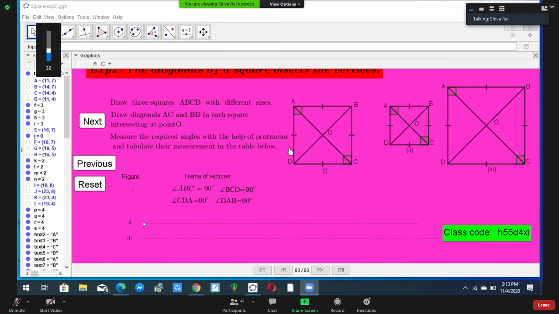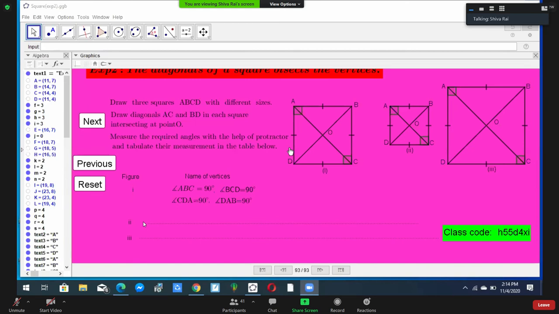I have found your figures, your diagram, not matching. Here, in a square, all the sides must be equal. Saying square, but all the sides I found not equal. In the case of a rectangle also, saying rectangle, but their diagonals are sometimes not equal, and opposite sides not equal, opposite sides not parallel, each of the angles not equal to 90 degrees. If you are drawing the figure like this, that's not a rectangle.